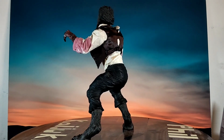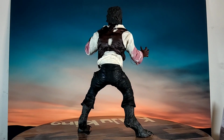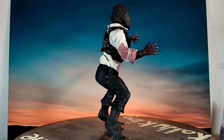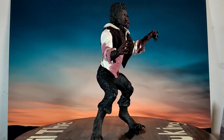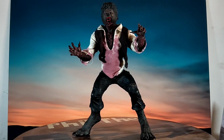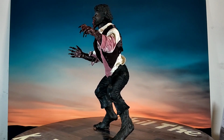The goriness and bloodiness and outright violence in the film didn't really carry over from the original, but man, it was great to see some of that and how vicious this Wolfman was. When he became the full Wolfman, he was probably at least 8 feet tall. He was really big when he stood upright like that. But this figure is supposedly 12-inch, but you'll see in my comparison with my Godzilla X Plus figure, he's way bigger than 12-inch, so